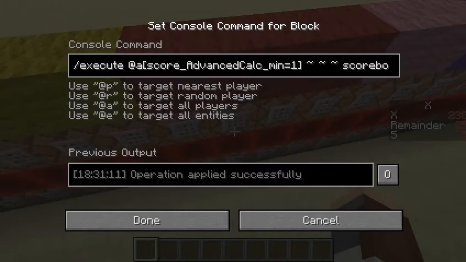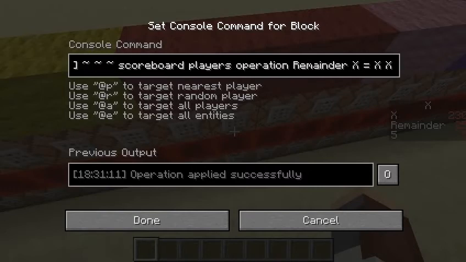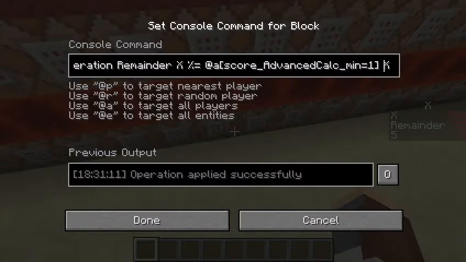What it's going to do is execute at myself, and do an operation and have remainder's score of x equal to x's score of x. So x's score of x is now x squared. Okay? And then what we're going to do is do an operation and have remainder run remainder's score of x. It's going to run basically this operation right here, which gives it the remainder of my score of x. And my score of x is going to be equal to x plus 5,